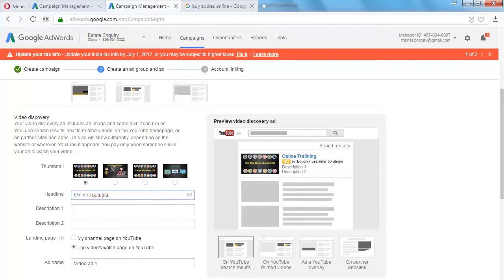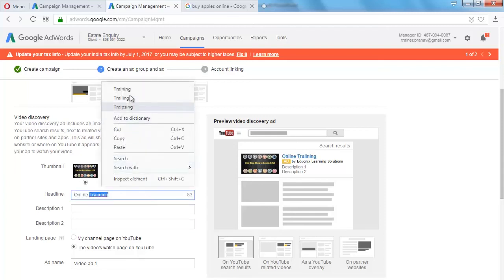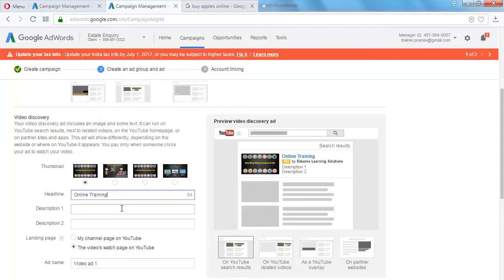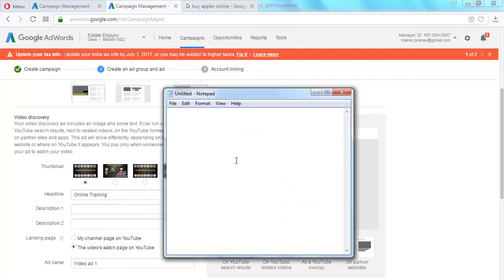Here, as this is an ad related to training, I would create the text around it. A basic guideline is to keep it as short as possible and make it clear and concise, while ensuring that there is a call to action shown in the ad, that is, telling the user what is the next thing to be done. Thus, the 3 important pointers which should be part of an ad, specifically a video or a display ad, are keeping it short and simple, having a call to action,